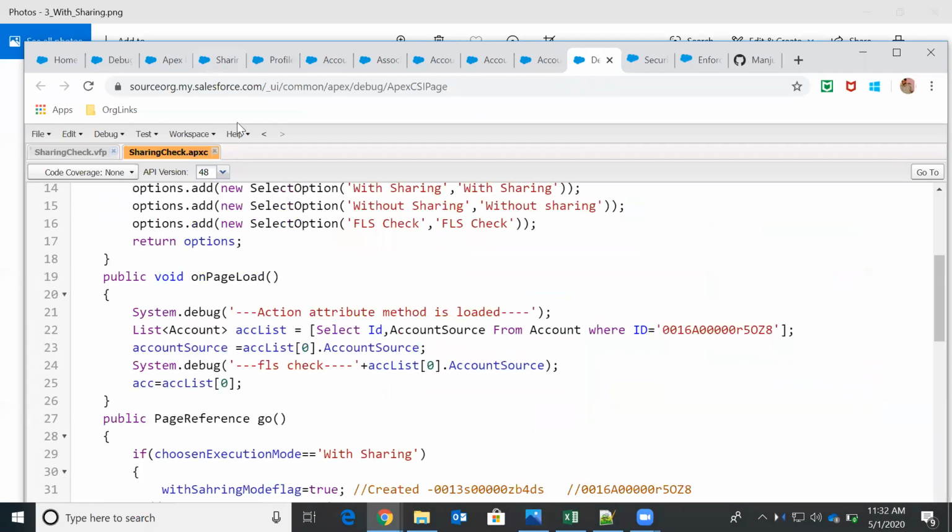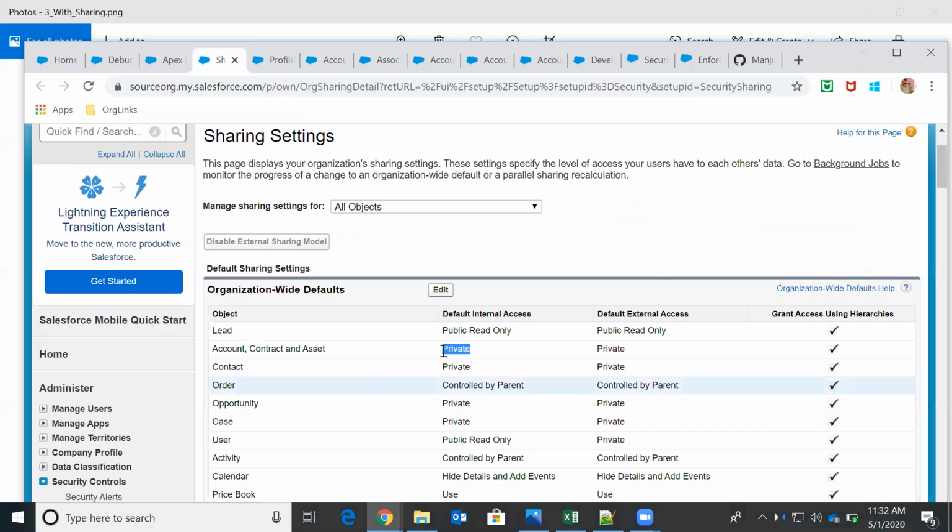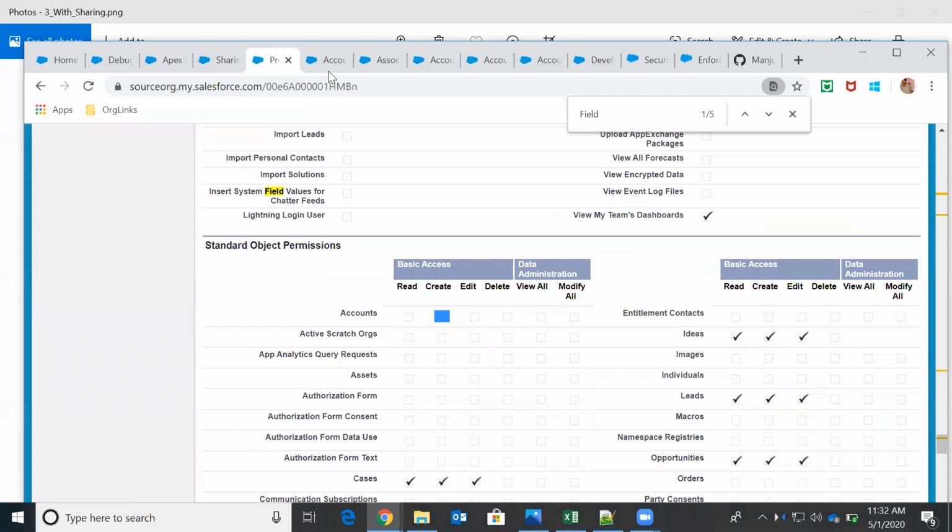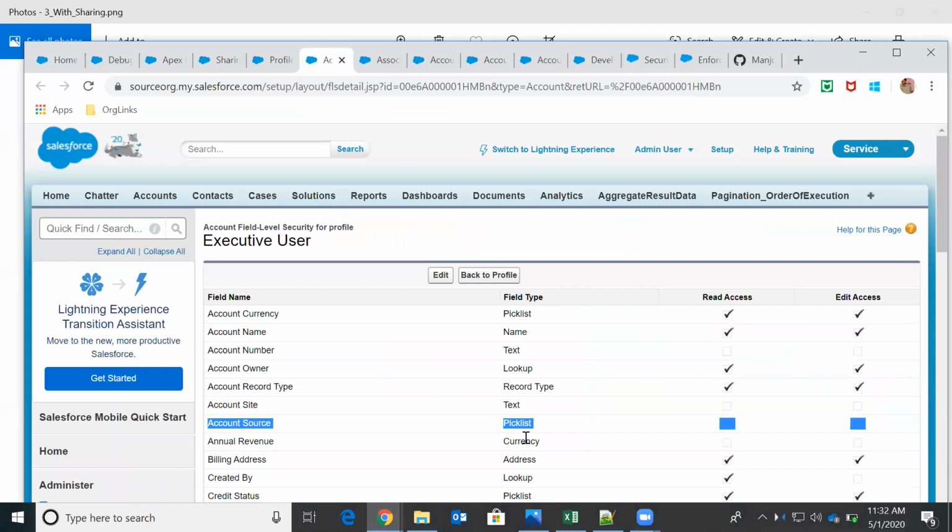OWD is still private, and the profile level permissions and FLS I'm not changing. I removed the permissions previously, but I'm still running the class in with sharing mode.